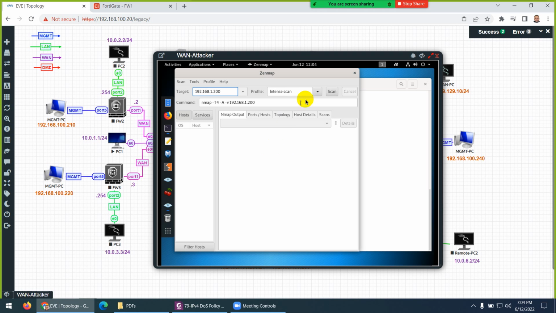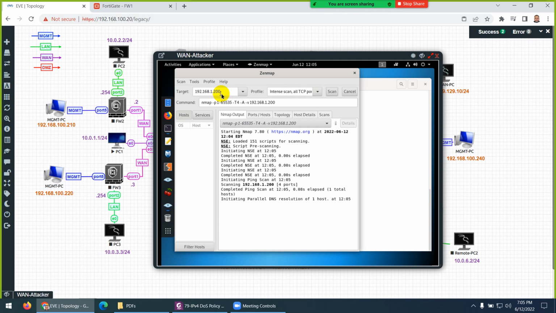192.168.1.200, the DMZ server. With an intensive scan, you can scan for UDP ports and all TCP ports. There are two ports already enabled, if you remember, SSH and HTTP. So if I scan, it will show me that these two ports are open. So it started on server 200. Okay, and it will take some time, and it will show you which ports are enabled on this DMZ